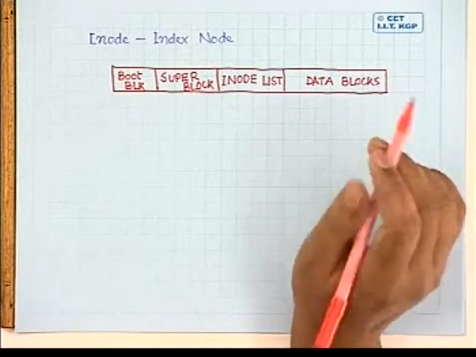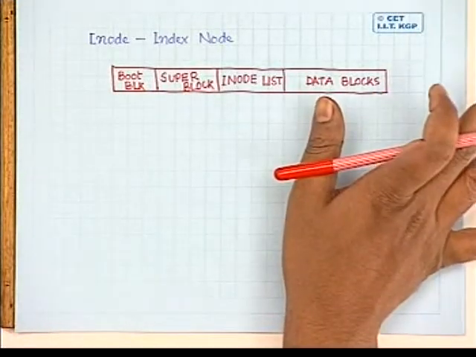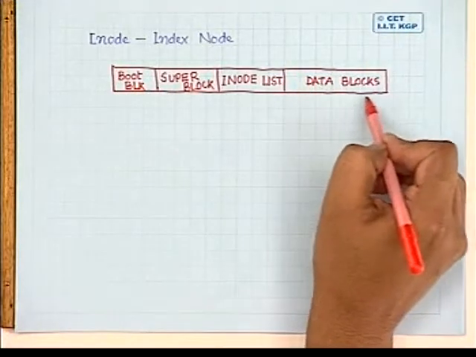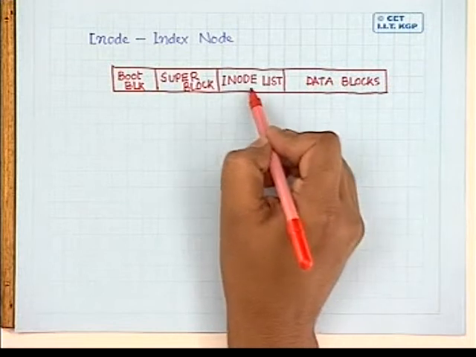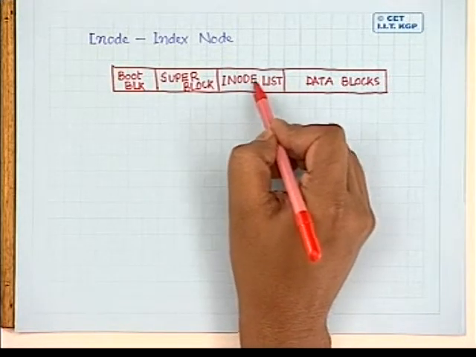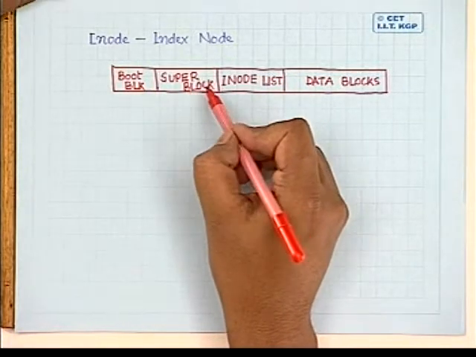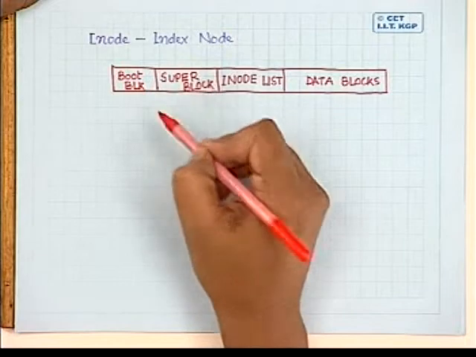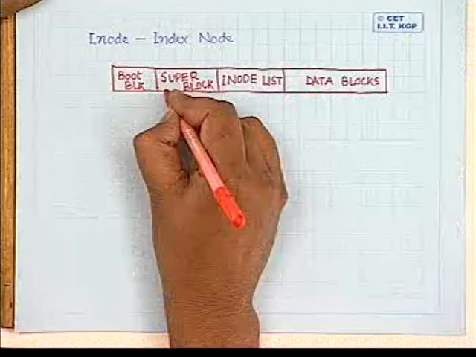So whenever the content of any file or the content of any directory is to be stored, those are actually stored in these locations, and the location information is in the inode list. Okay. Again, some of the inodes are put into the super block. We'll come to those things in detail later. And along with that, the super block contains many other information. So the information contained in the super block is,